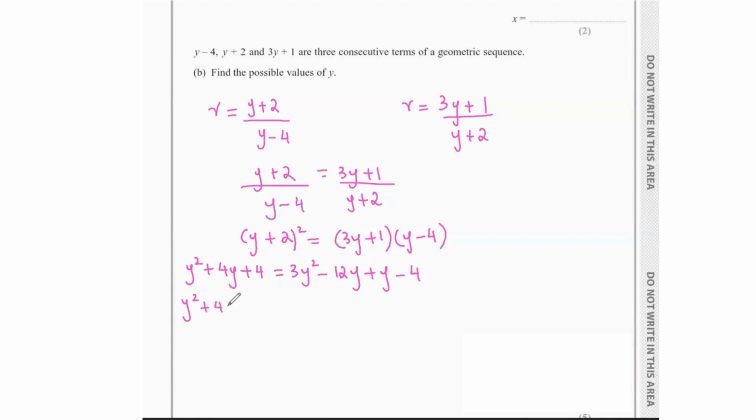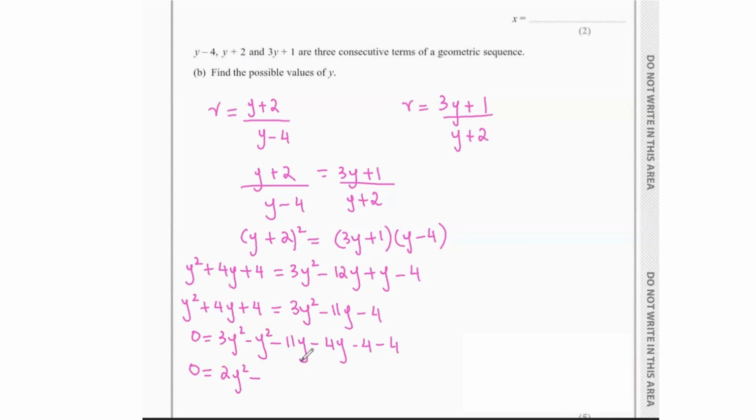So y squared plus 4y plus 4 equals 3y squared minus 11y minus 4. Collect all the terms on one side. So 3y squared minus y squared, minus 11y minus 4y, minus 4 minus 4. That's 2y squared